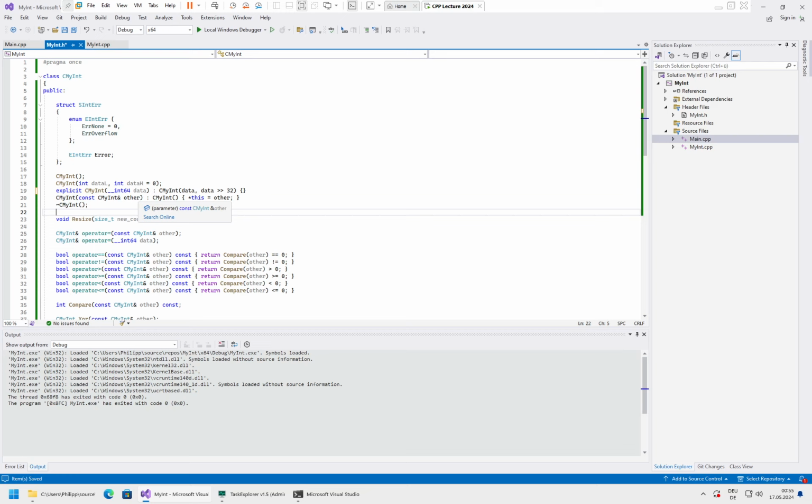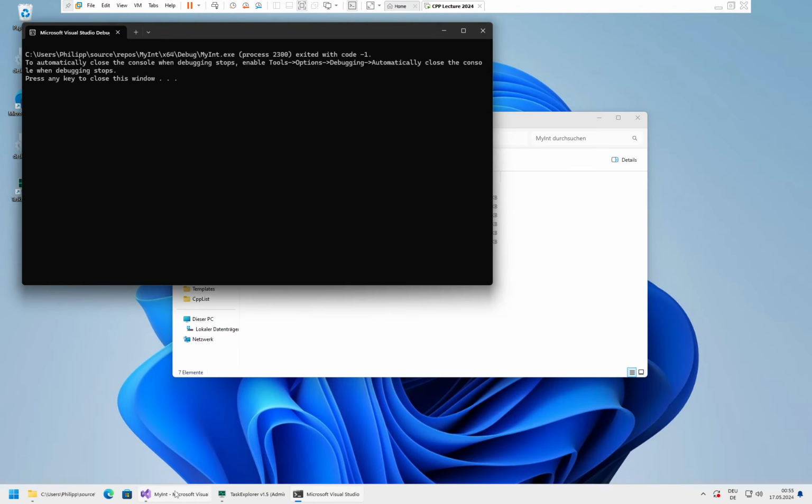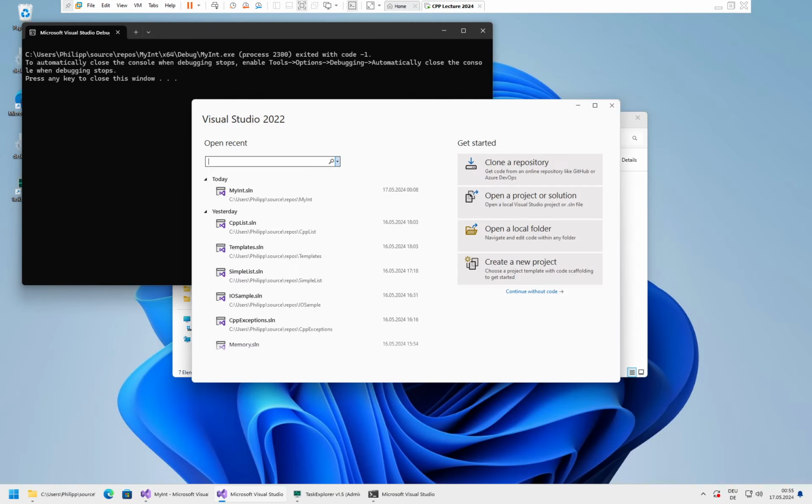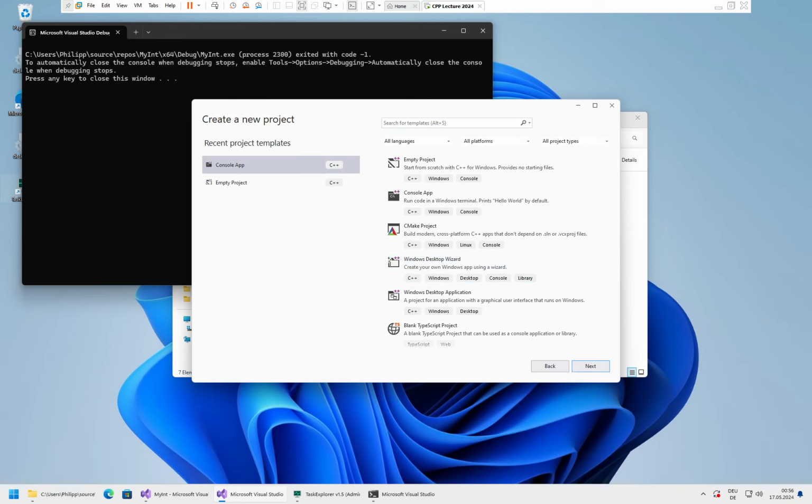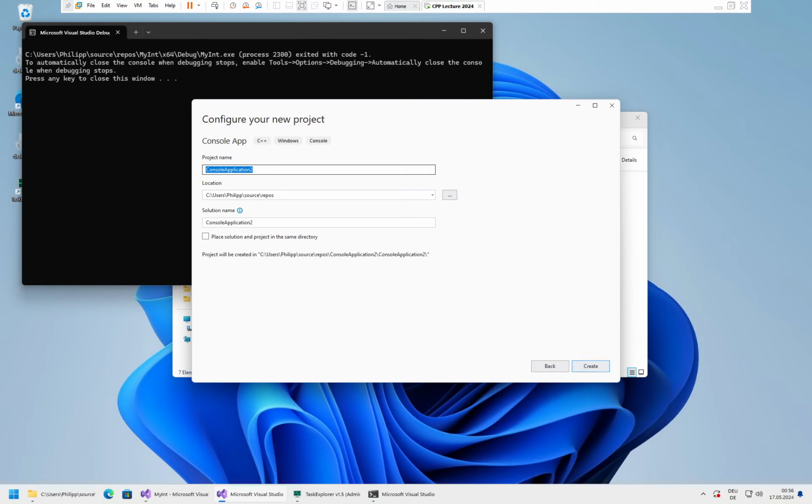Okay, so I think this is a good time to present you the final project which you will need to implement until the end of next month, plus 1 week more if you really need the extra time. So let's create a new project for that. Create new project. Console application, and we'll call it